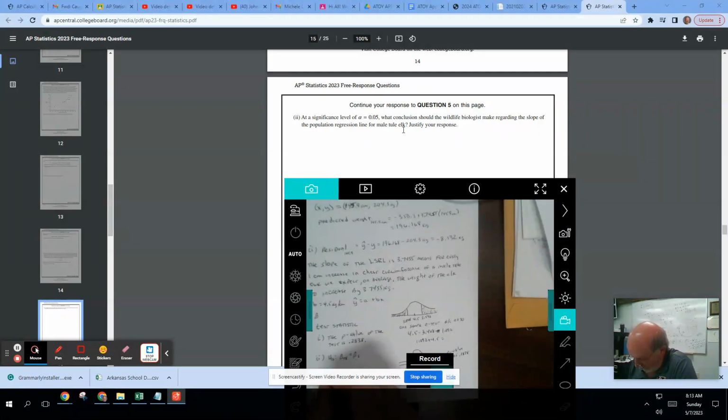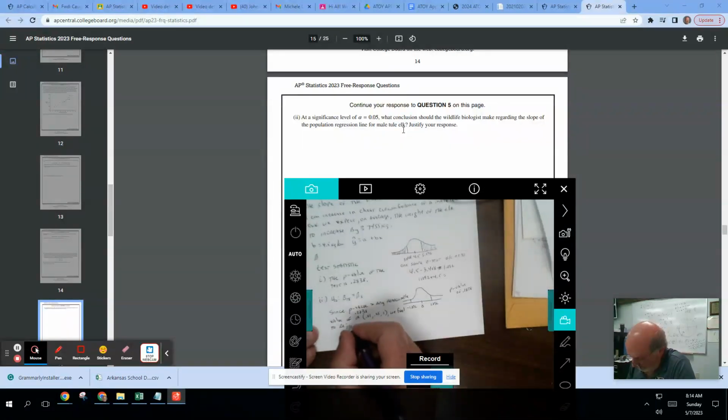And so I'm going to say, since the p-value 0.2838 is greater than any reasonable value of alpha, such as 0.01, 0.05, or 0.1, we fail to reject H naught, the null hypothesis,